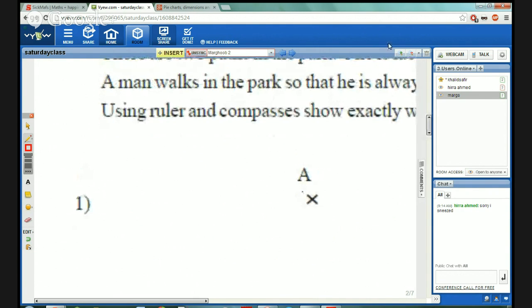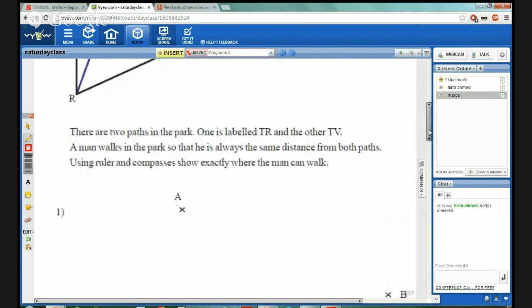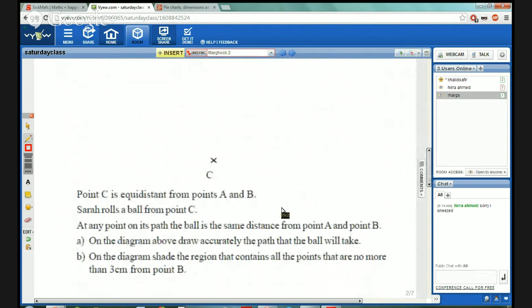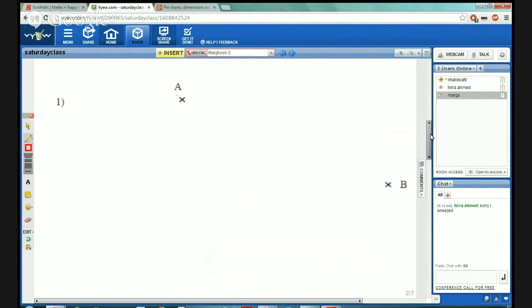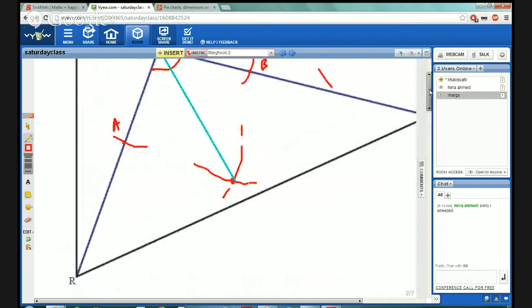How's that going, Margoob? I'm not sure where to start. Okay, well you got your 3 points. At any point on its path, it's got to be the same distance from A and B. Okay, but this time we got 2 points rather than 2 lines. So last time, when we were doing the same distance from 2 lines,